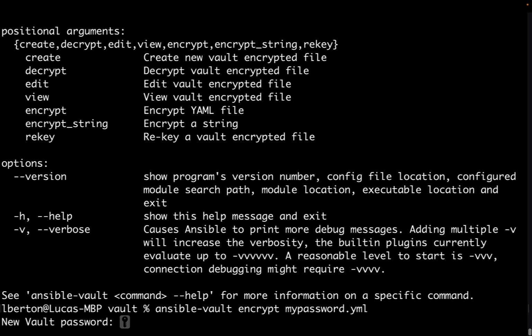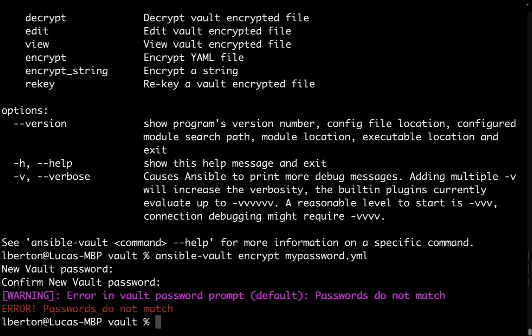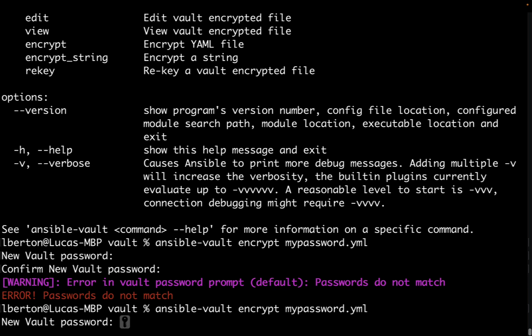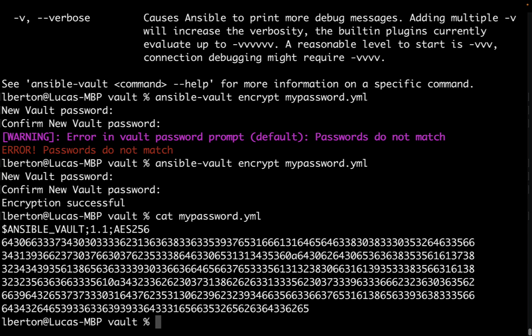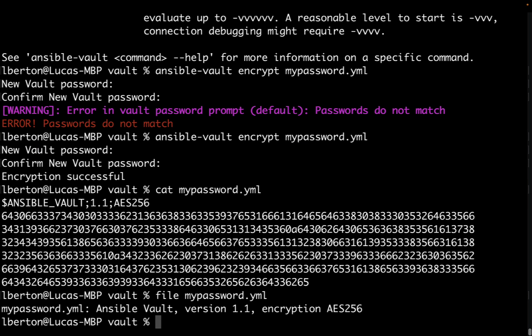Let me specify one password. We need to insert it twice for confirmation, and if you mess it up and the passwords do not match, the file is not going to be encrypted. Once the passwords are equal, you obtain something like this. So now on disk, the mypassword.yml is completely encrypted using AES 256 encryption with Ansible Vault.